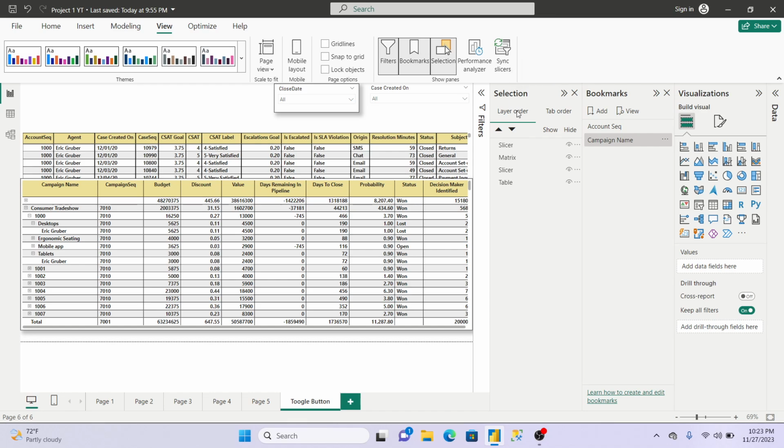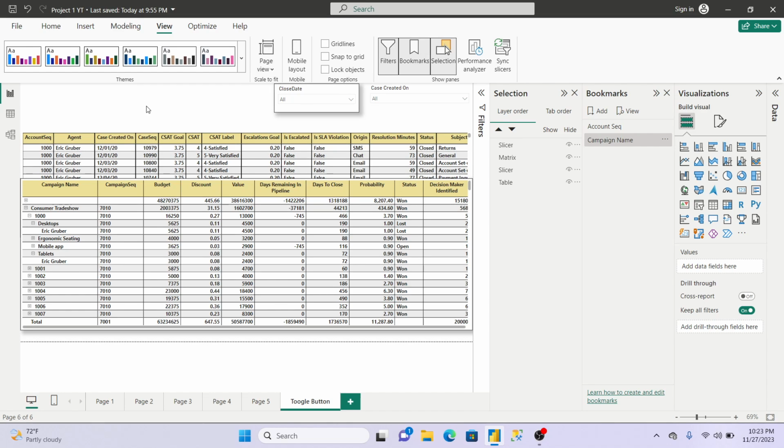In the selection pane, it will show all the visuals which are on our page. So what you want here is a toggle button. It will show account section and campaign name, and when you click on account section, it will show just the account section table and its slicer.